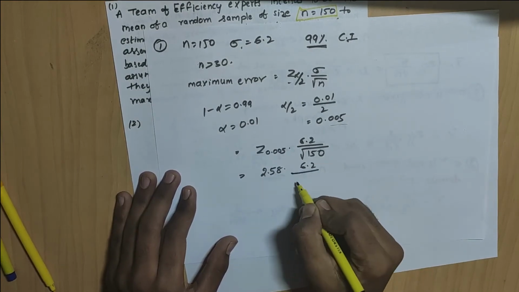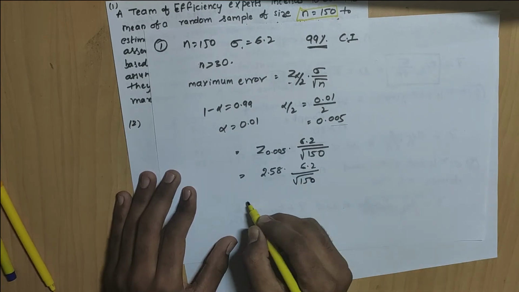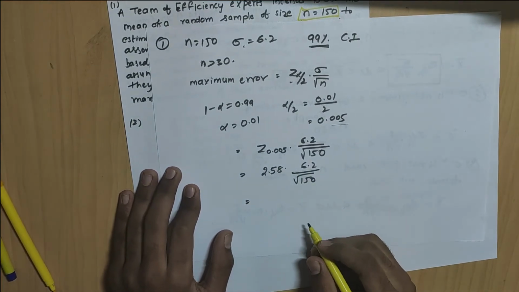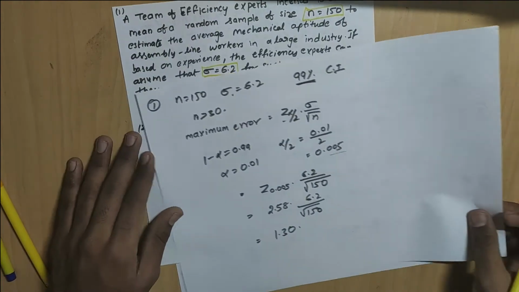So you can write 2.58 times 6.2 by root 150. So the final answer is 1.30. Okay,